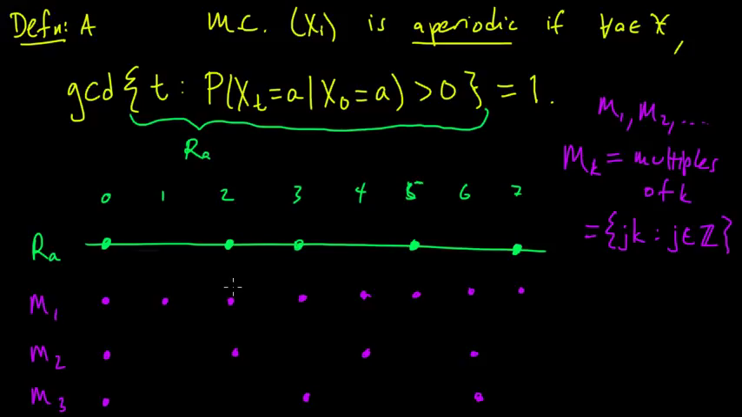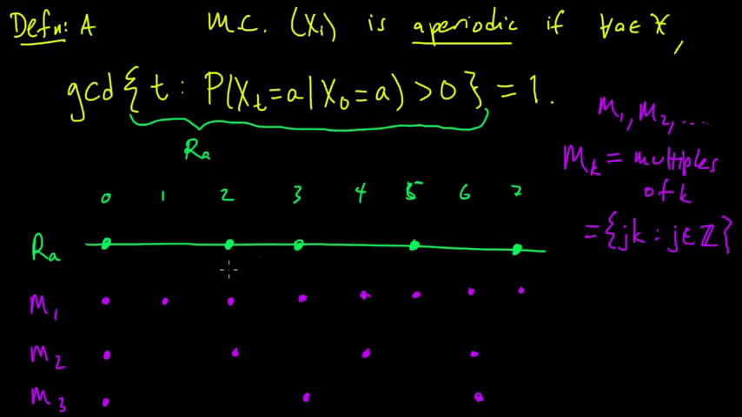A trick you can use is that if this set R_A contains 2 consecutive times, like in this situation, 2, 3, then this condition is satisfied. Then the GCD is 1. And the reason for that is just that, well,